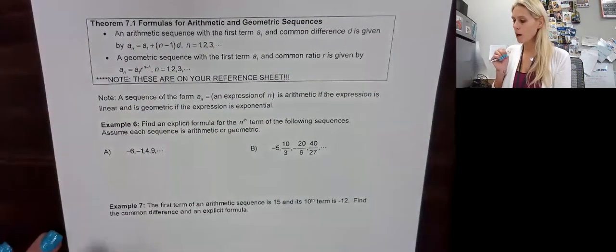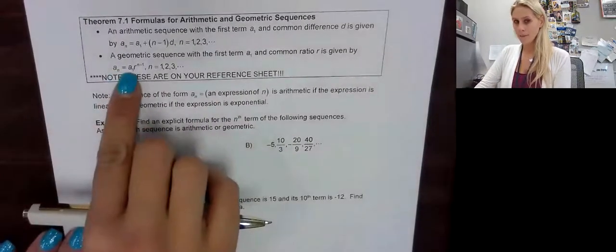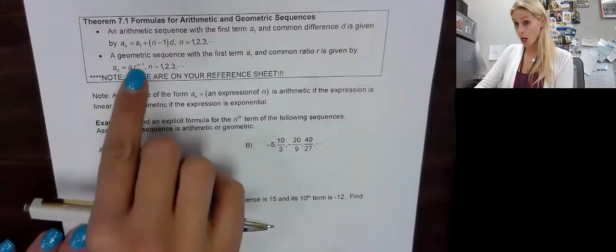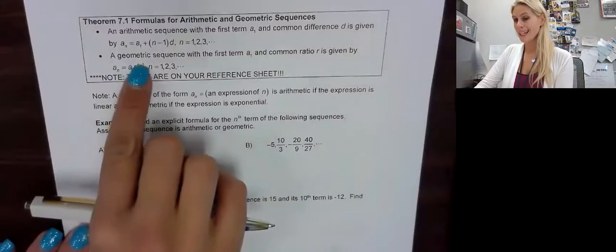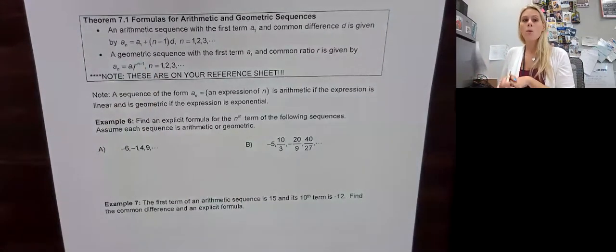Same thing for a geometric sequence: any term can be found by the first term times the common ratio to the n minus 1. So that is what we're going to do. We are going to look at these patterns, find out if it's geometric or arithmetic, and then plug in